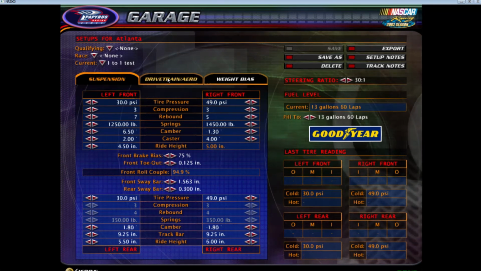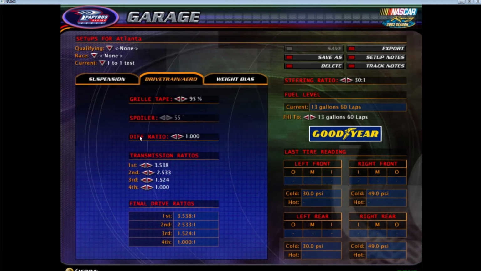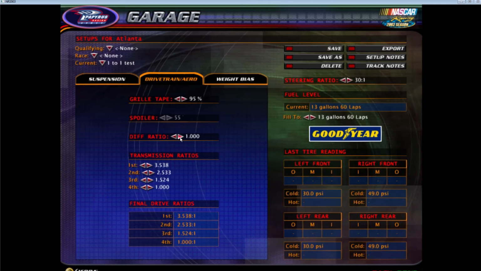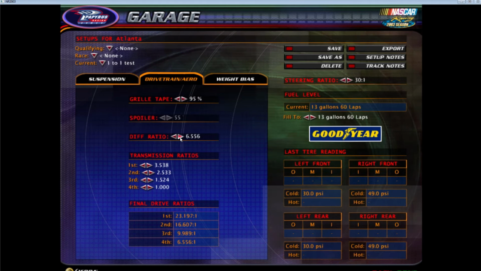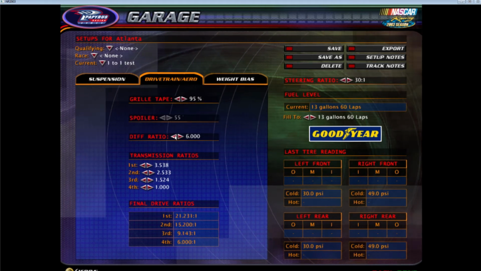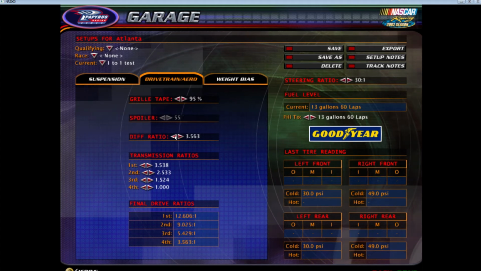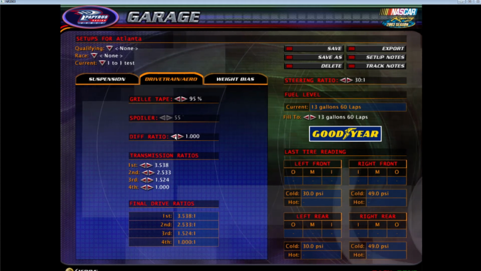Garage, drivetrain ratio, and you see the differential ratio set at 1. If I keep clicking, this is my normal differential range. The biggest number is 655, and then as I go down, there are 48 clicks to go down. I'm just gonna skip through them, and then we,